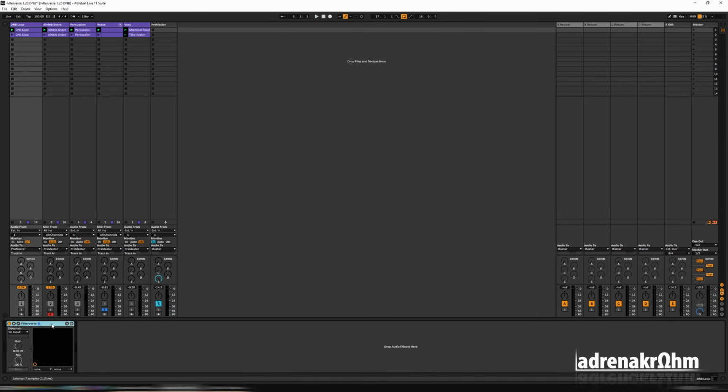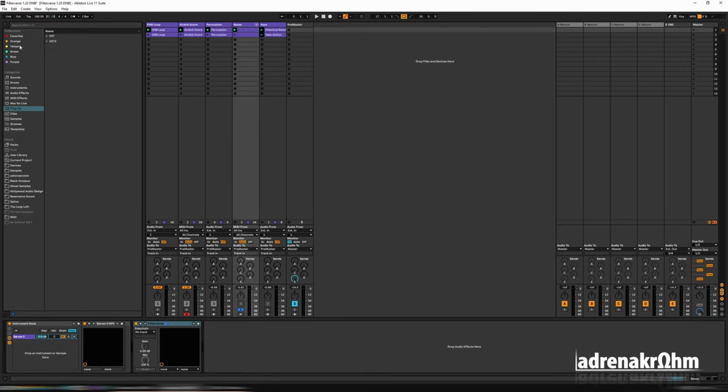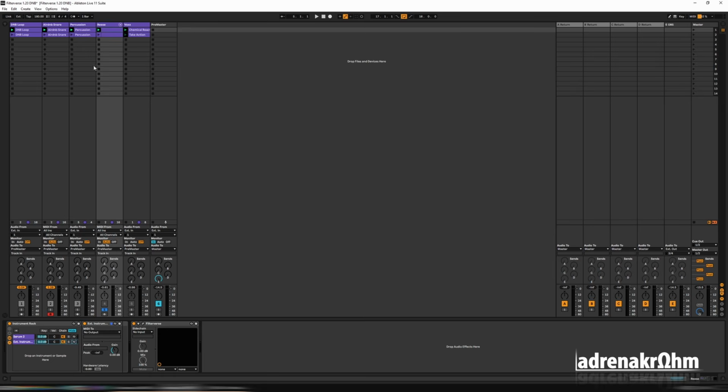So what I'm going to do, let's add a Filterverse. I'm going to put that at the end of the chain, and you'll notice that Serum is sitting inside an instrument rack, and the reason for that is because if we expand this out, let's go up to here, we'll go Instrument, External Instrument. Let's drag that down. So now both of these two channels are receiving the same MIDI, but you'll notice that